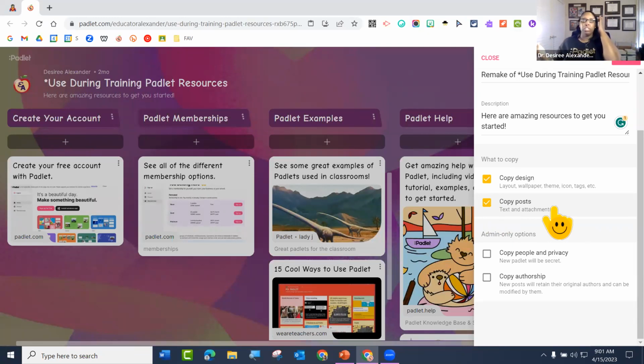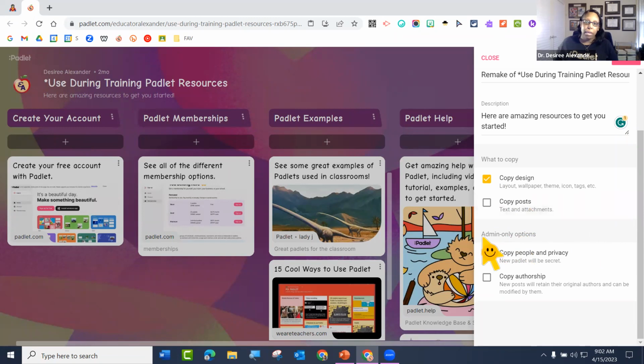You just built this whole historical recreation of the Battle of Gettysburg, so I want the attachments too, and the text too. You decide what you want to copy. Can you say no? Oh, you have to do the design, that makes sense, but you can say yes or no to the posts.